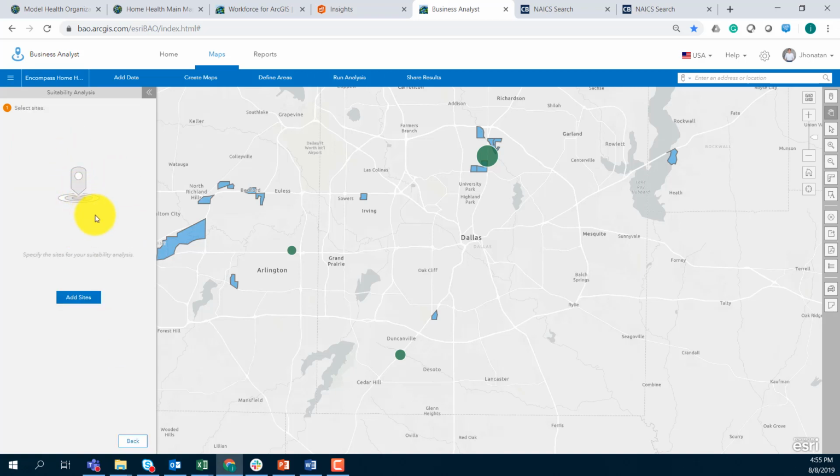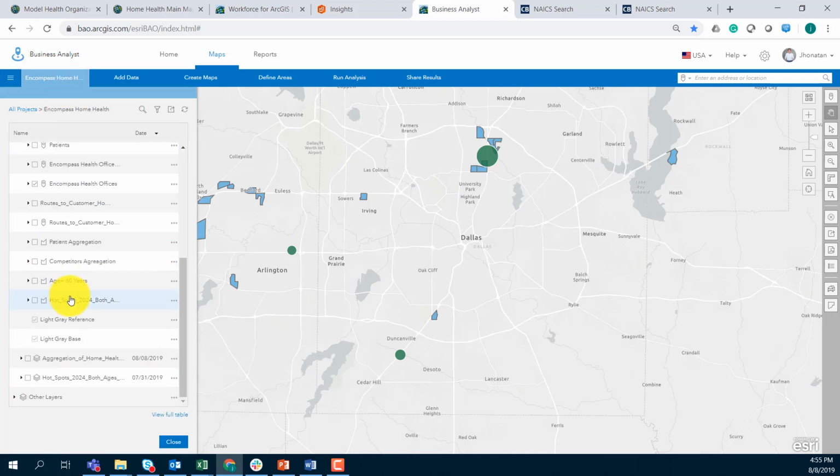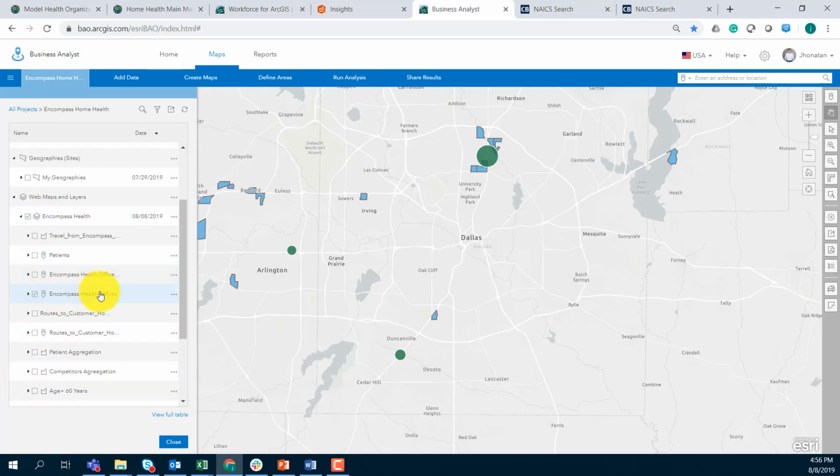Sites are basically not only the locations, but we need to create service areas in order to evaluate what are the socioeconomic characteristics of those specific service areas. So we will do that. I just need to go ahead here to my map layers. Here, this is my offices. So what I can do is set up a layer,